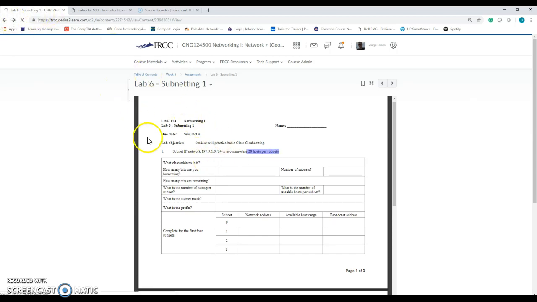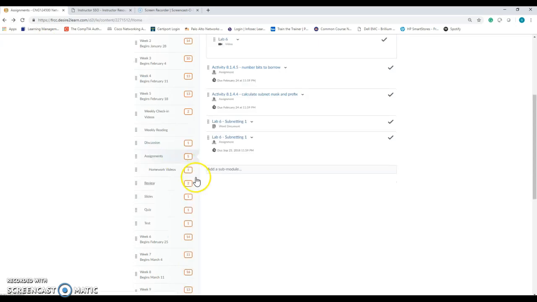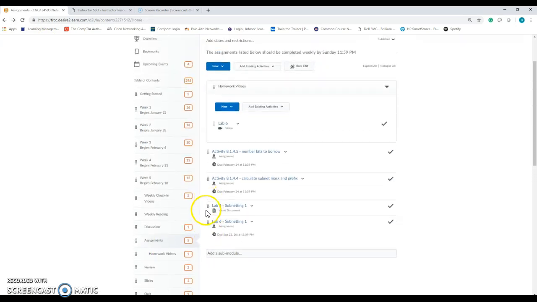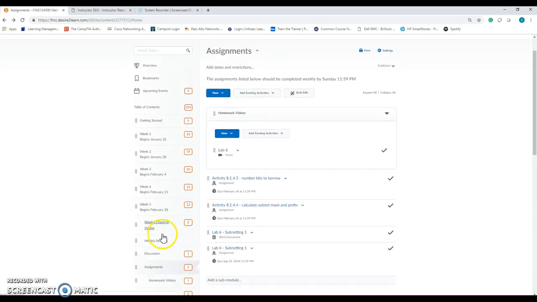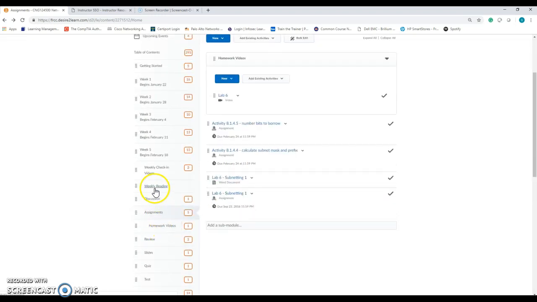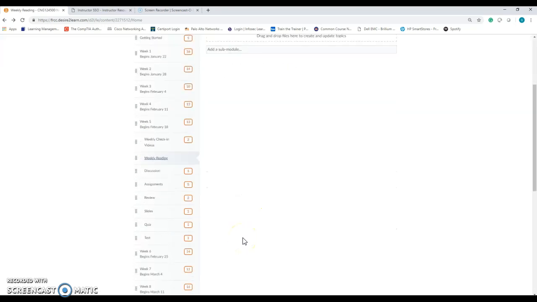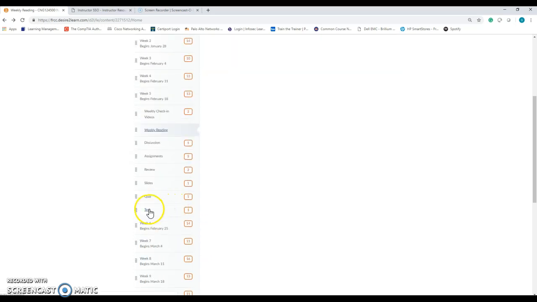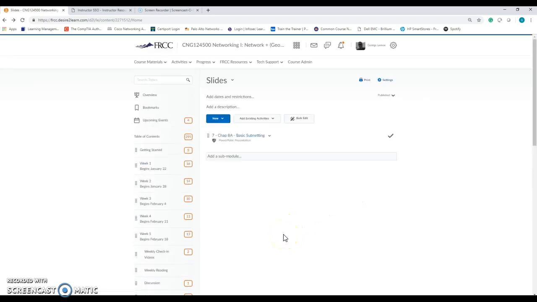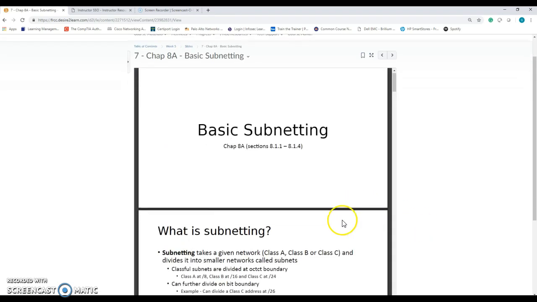When you start to cut the networks up, currently they're all going to be equal parts. So we need to make sure that in these equal parts, we have enough subnets for the entirety, and each subnet is going to fit the requirements of the subnet nodes, or the hosts, that are needed. When we go to basic subnetting,